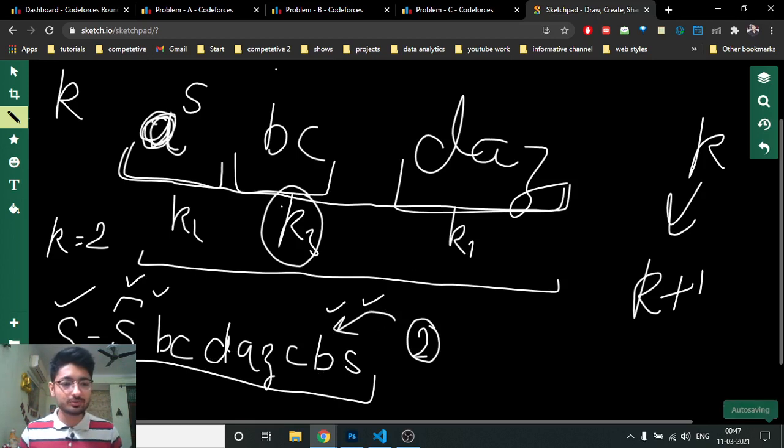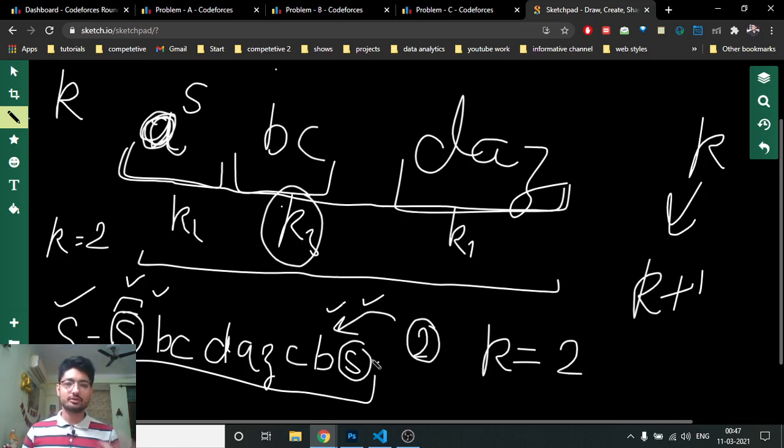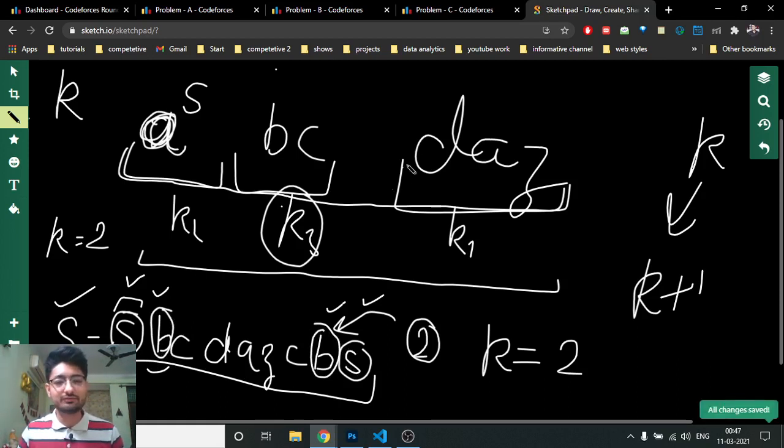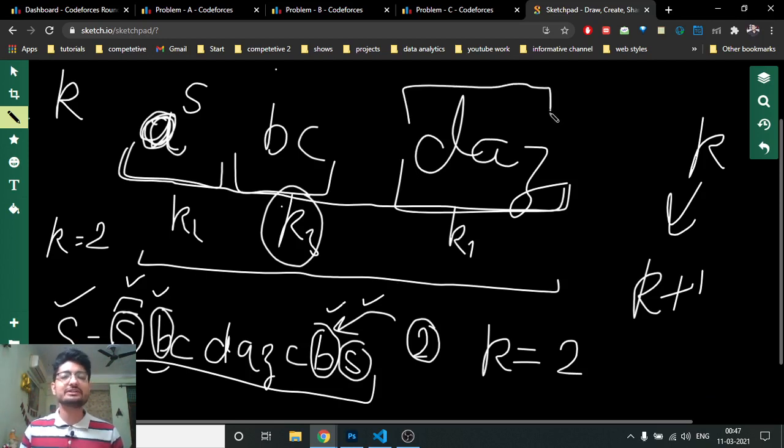So why not just put, if you have k equal to 2, let's assume, then the first string of length 1 only and the last string should match, obviously, because this is a valid string, I'm assuming. Then the second character, which is also a string of length 1, this and this should match. And the middle string, the k+1 string, is individual; you don't have to copy it or reverse it.